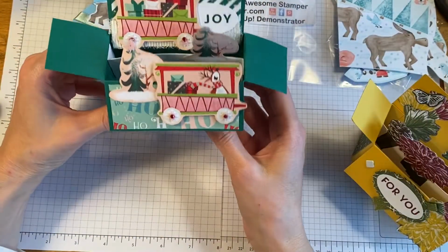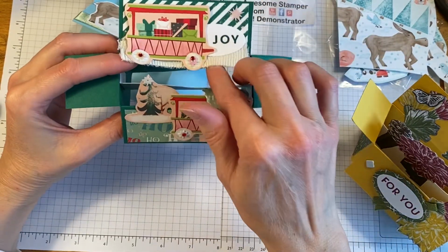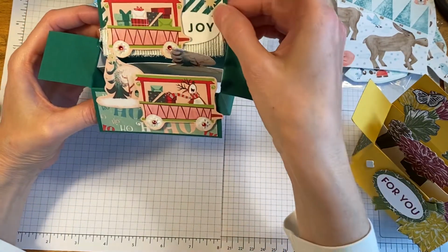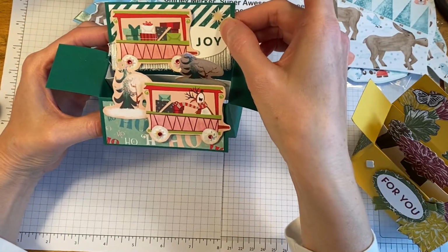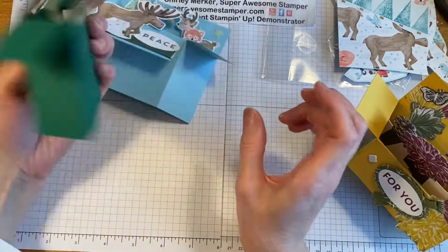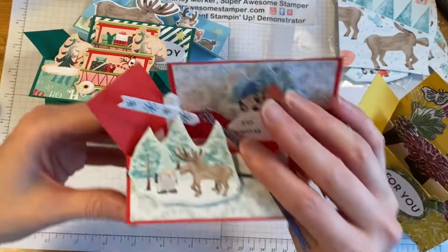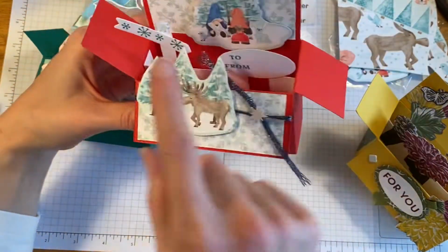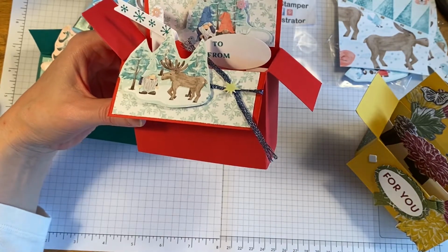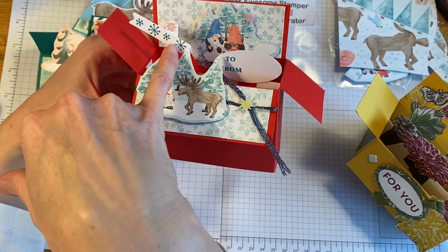The Jolly Snow Peeps. Got a piece of this white frayed ribbon for you. I included 2 of these strips of the shaded spruce and white. I also included this ho ho ho, so you've got a couple of different options for that card. And then the last one I think I talked about. You have 2 of these pieces, and that makes like the North Pole arrow, and that is stamping. Those are little stamping pieces,